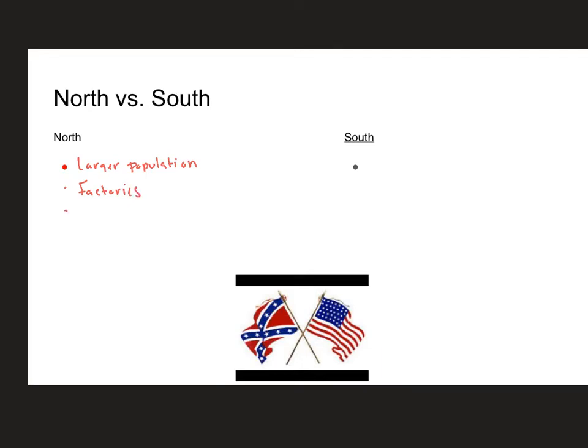They had control over the Navy. They also had the railroad, hugely important for traveling and making goods available. They could pay for the war with taxes